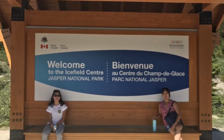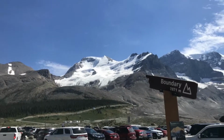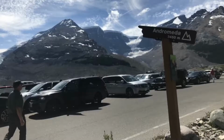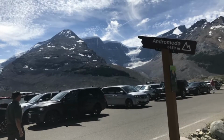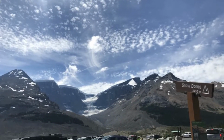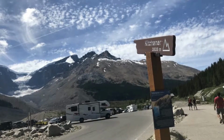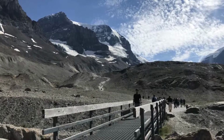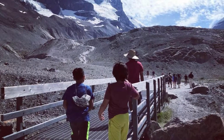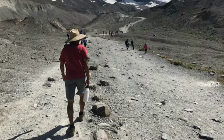And our main attraction is going into Jasper National Park, which is in the Icefields Parkway. This is a big area where, if you go into the visitor center, you could buy your tickets to get into the skywalk, and also get a special tour that goes right on the glaciers. But otherwise, you could park closer to the glacier and then walk and hike up into